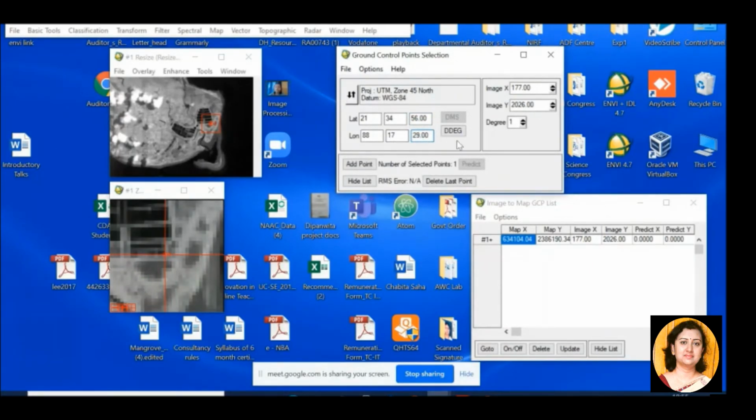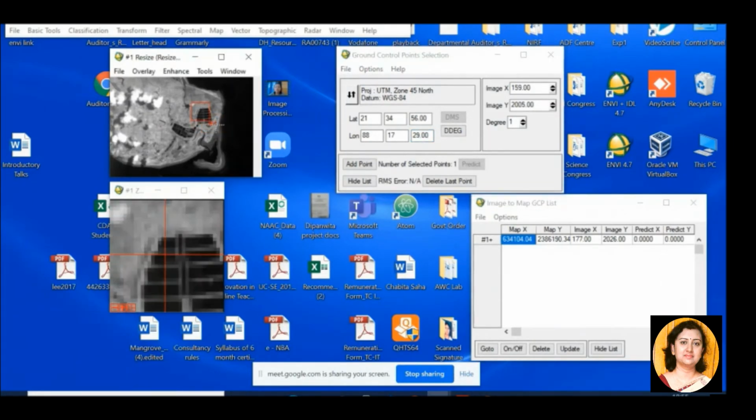Okay, so this is the location on the map on Google Earth, and let us plot the same location. And see, this point is plotted, you can see this with the red font. This is the first GCP.